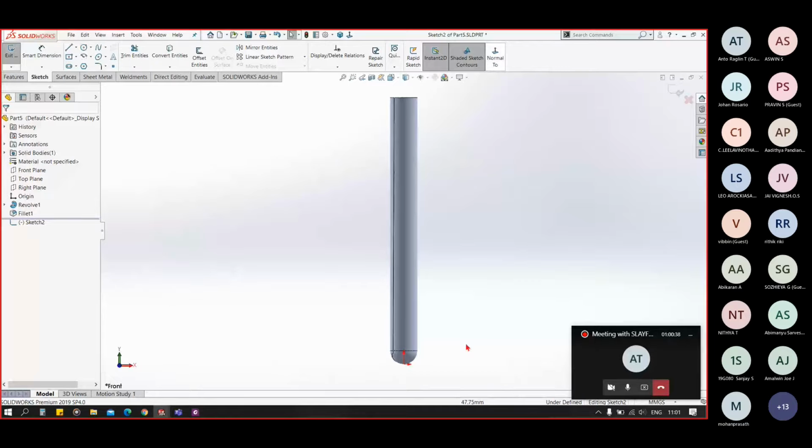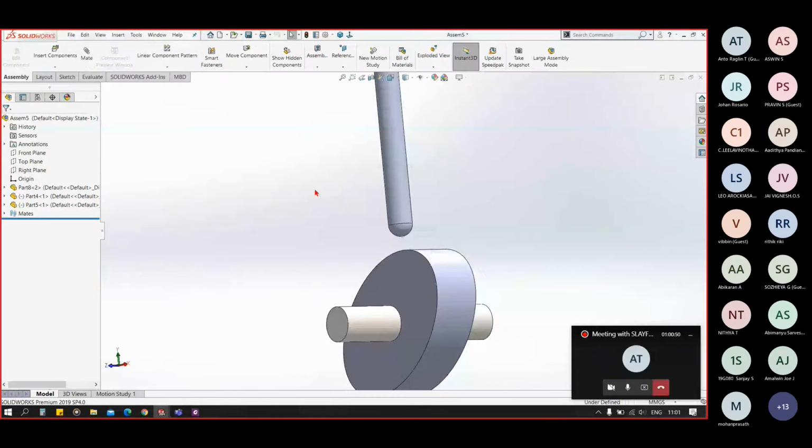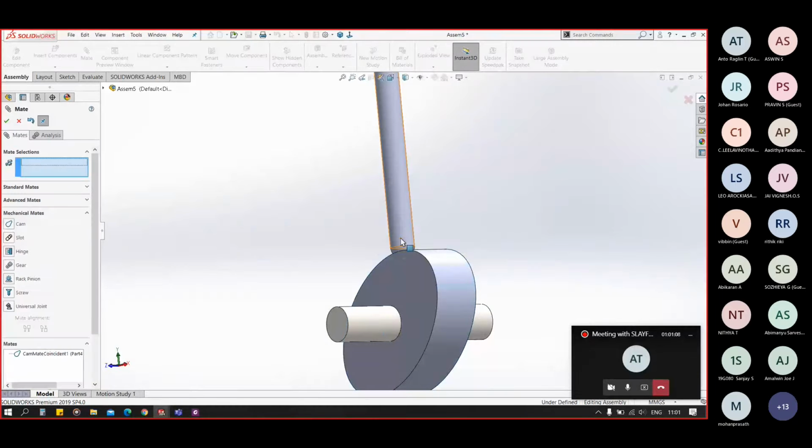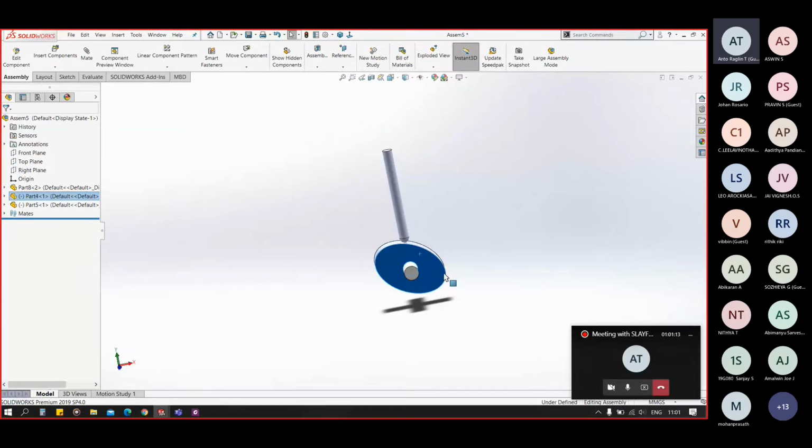So when I come to this, again go to the mechanical mate, go to cam. In the cam path, select this face. In the follower, select that point. Now you can see it has selected this. Now when we click OK and rotate the cam, you can see the follower is following the cam now.